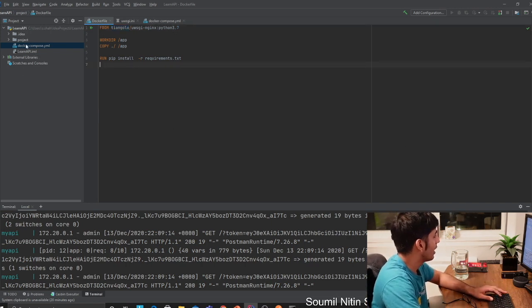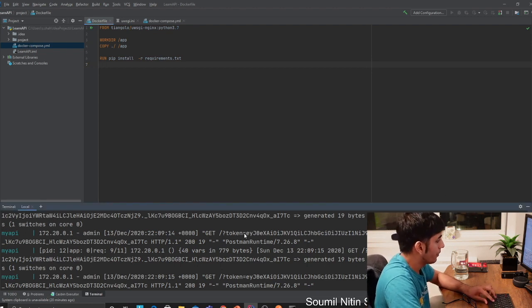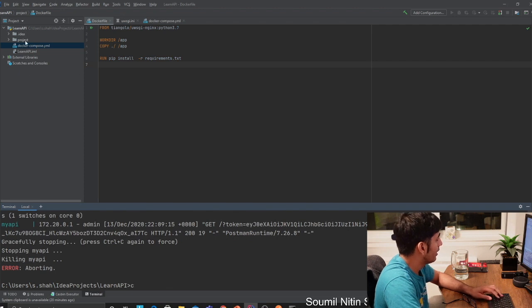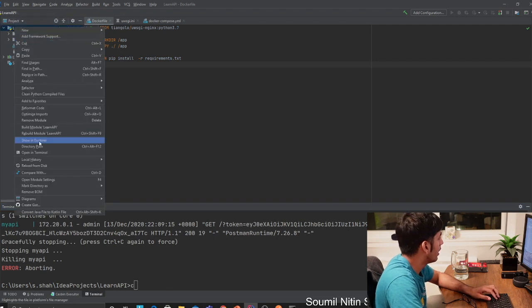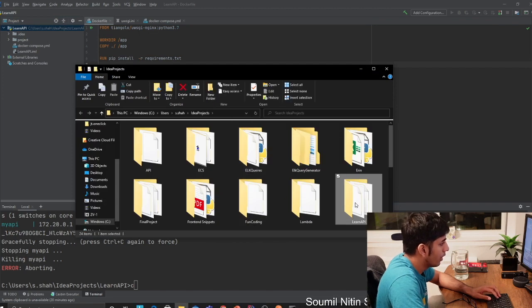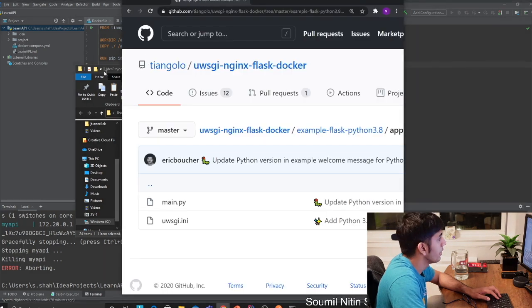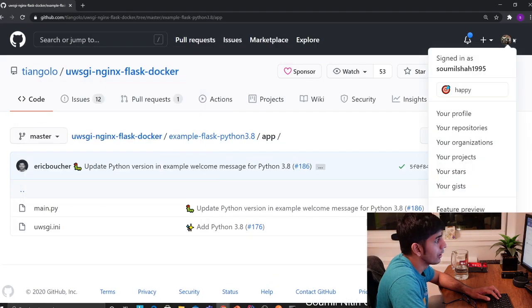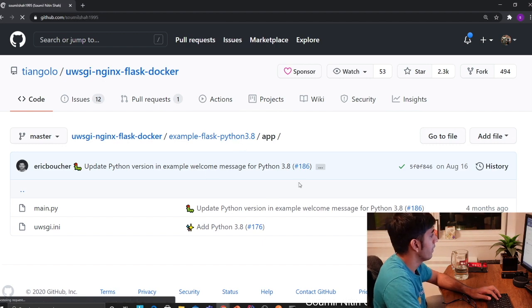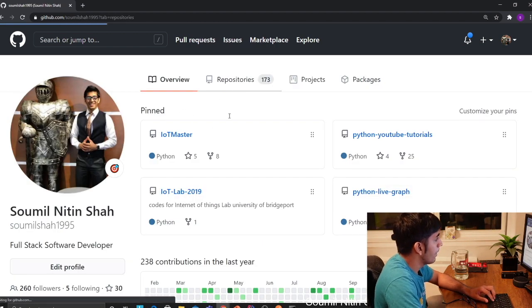All you gotta do is just dump all the code that I just told you in the project directory, and you should be good. Now, where can you find this code, the entire project directory? Let me actually do it right away so you guys can do that. So let's come to GitHub and come here. Let's come to my profile. You can come to my GitHub profile, come to repositories.